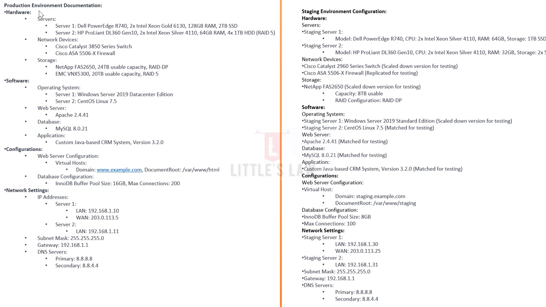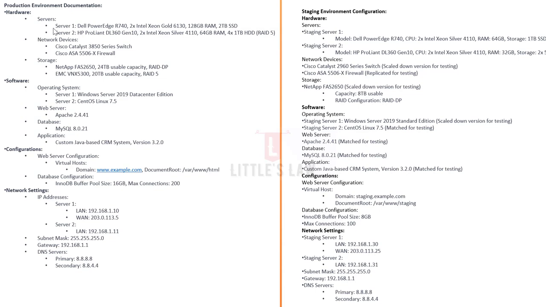So in the production environment, you have to divide the production environment into four different configurations. One is the hardware configuration, and the second one is the software configuration. The third one is the web server and the database configurations, and the fourth one is the network settings. So in the very first